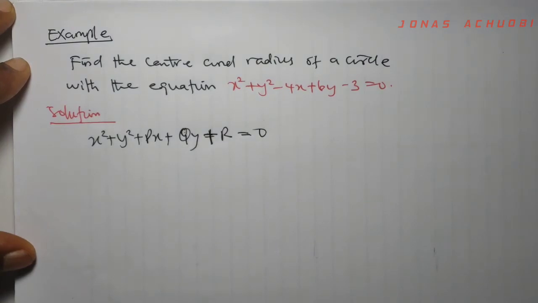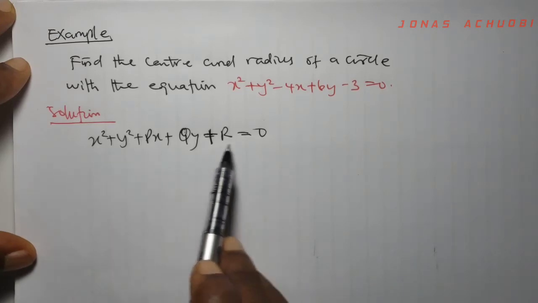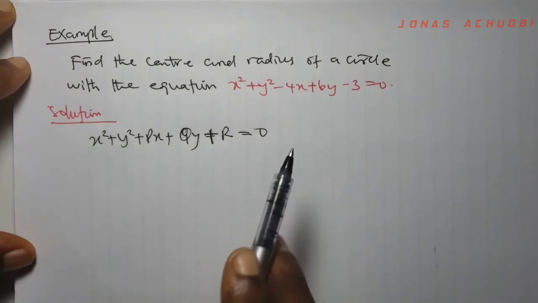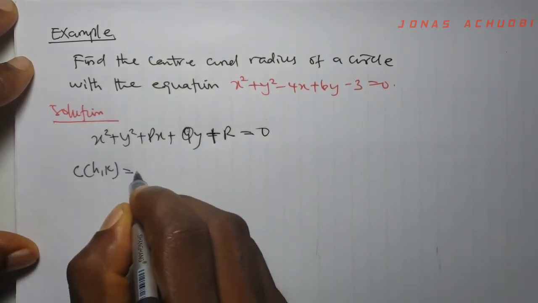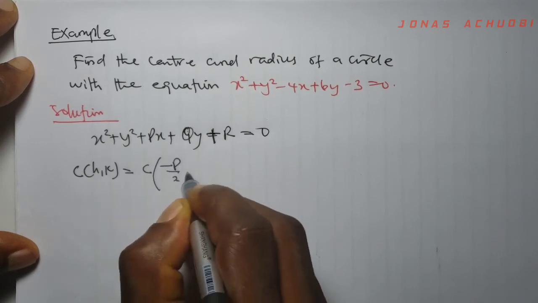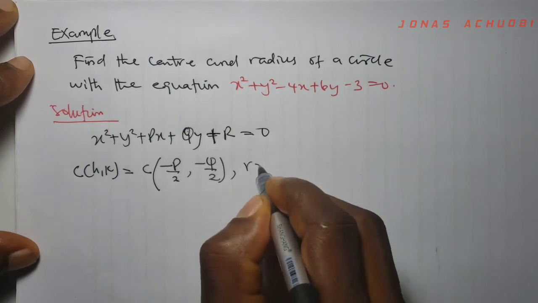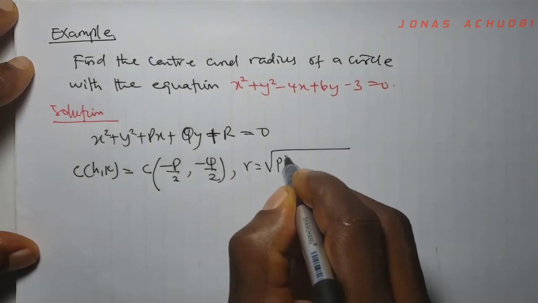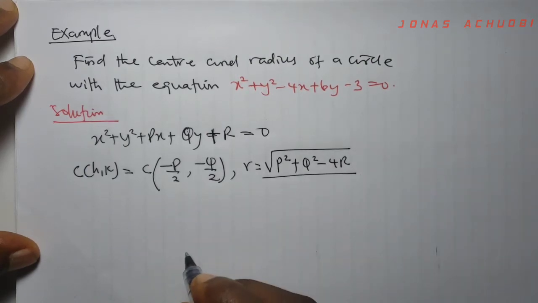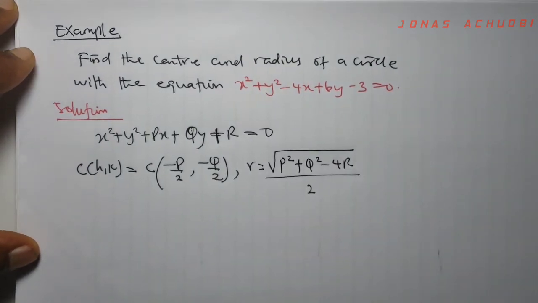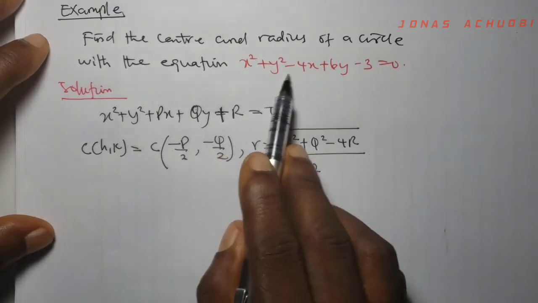In our last lesson, we established that if we are given the equation of a circle in the alternative form, the center of the circle C(h, k) is (minus p over 2, minus q over 2), and the radius of the circle r is the square root of p squared plus q squared minus 4r, divided by 2. So in this problem, all we need to do is compare the given equation of the circle